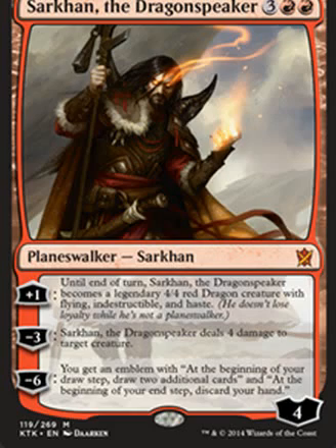His plus 1 is, until the end of turn, Sarkhan becomes a legendary 4/4 red Dragon creature with flying, indestructible and haste. Meaning, as soon as he comes in, you can do his plus 1, get a big dragon that can fly, and throw it at someone. Well, it can't die, essentially. Very, very useful. Let's face it, sometimes you need a creature, and it heals him up. And he can't die. The only downside is it can't really be a blocker, but neither could Gideon, so...